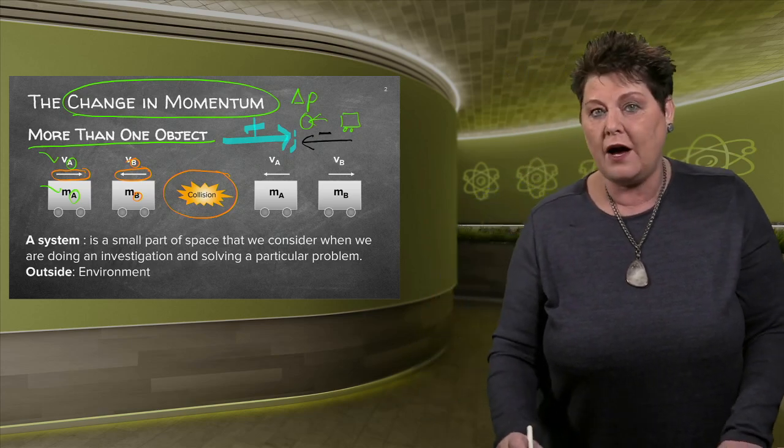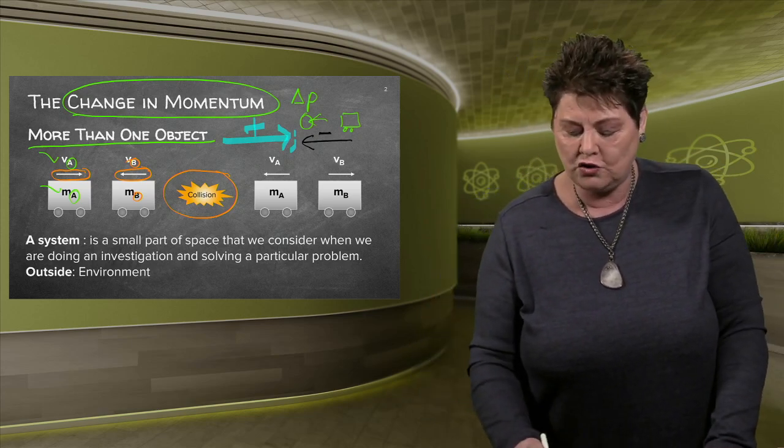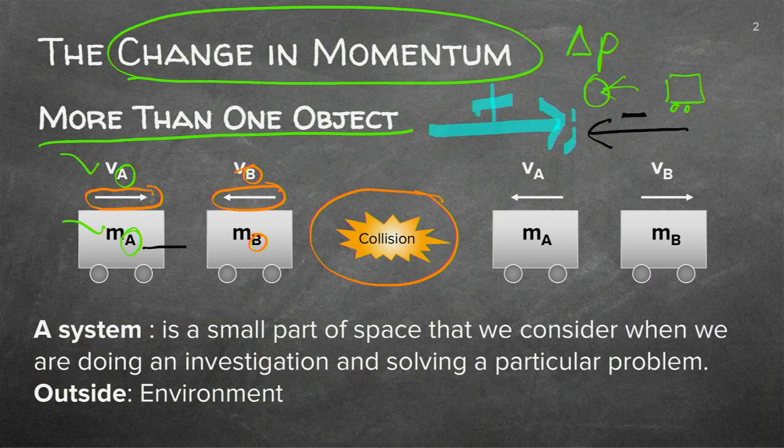Let's go back to our two little cars or trolleys. This one is moving to that side. We then said, if that's positive, I'm saying that's positive. Now, where am I going to use it? I'm obviously going to use that with my velocity. So I've got a positive velocity on this side. The other one is going to this side. So there I've got a negative velocity. A collision happens and now the velocity changes.